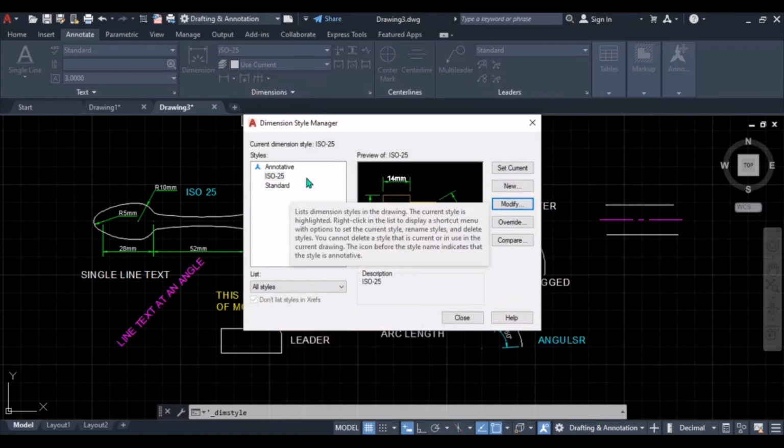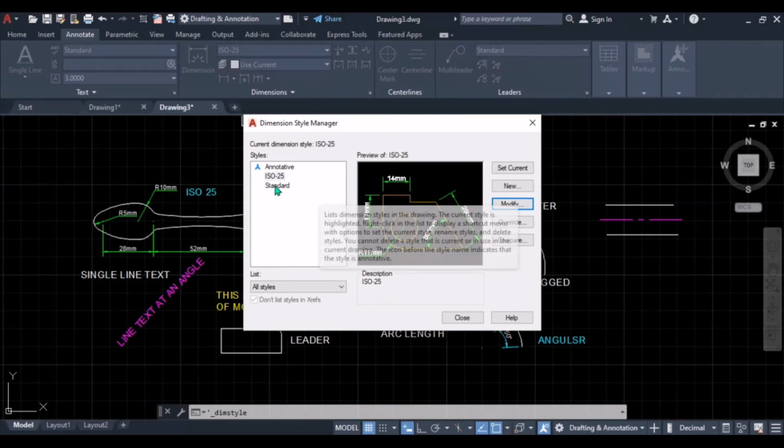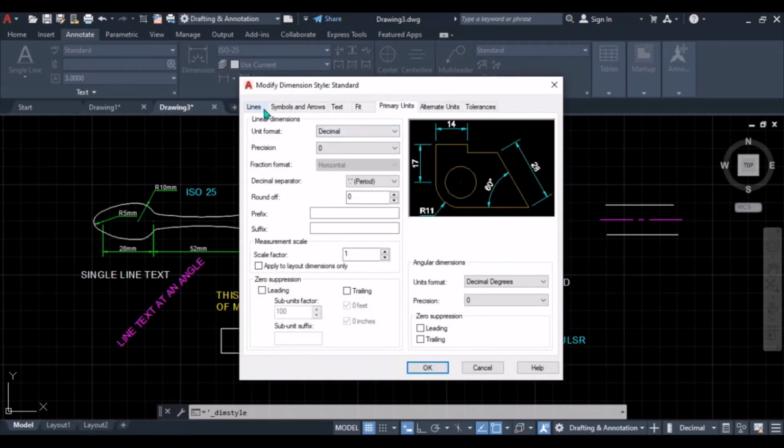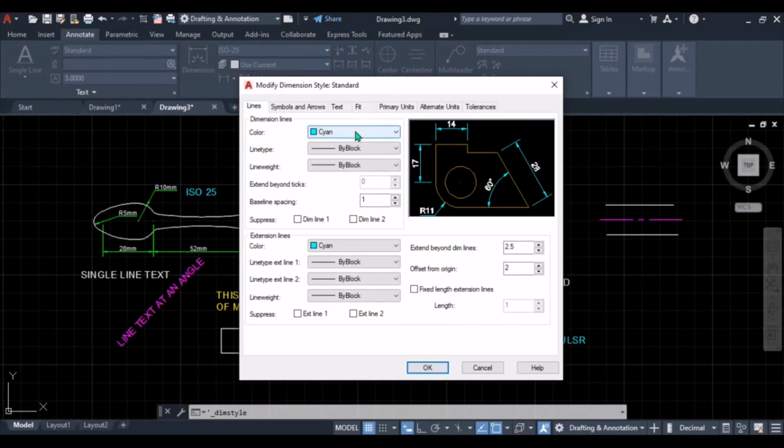So to prevent having the suffixes and prefixes at the end of the text, you can create a second type of dimension. Click on standard, then modify. Lines, you can make them be the same as ISO standard. Baseline spacing should be the same.